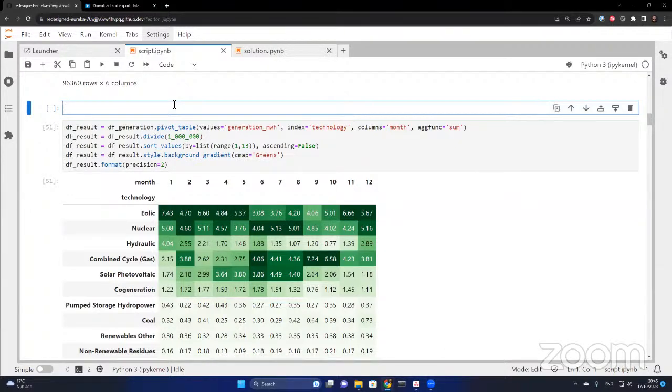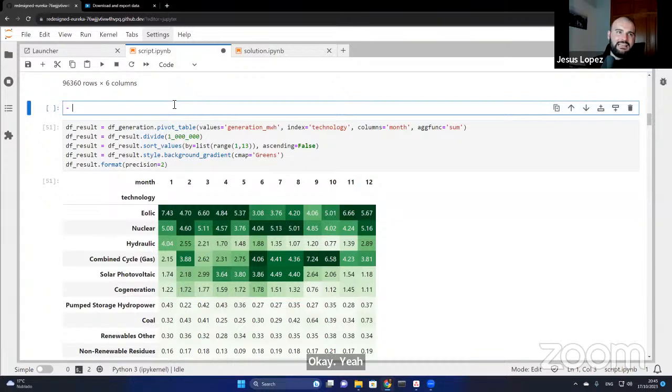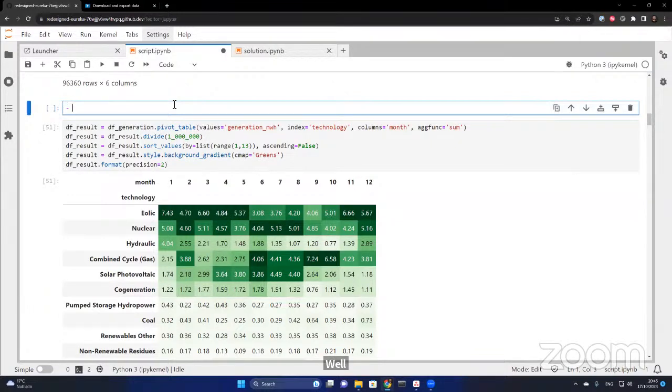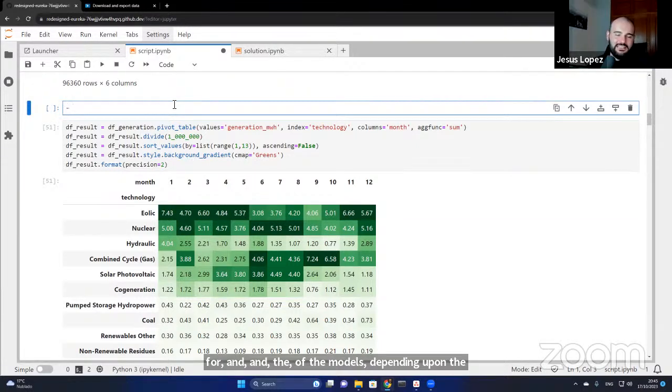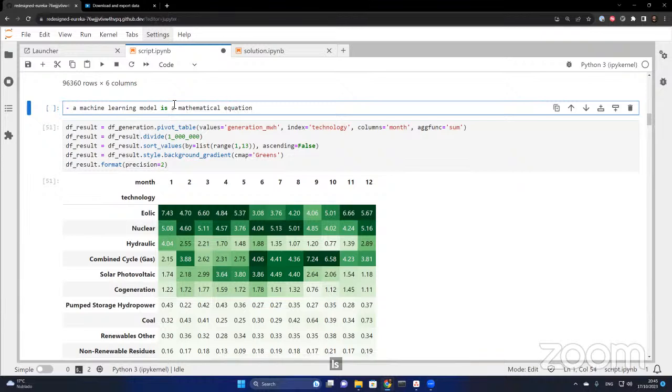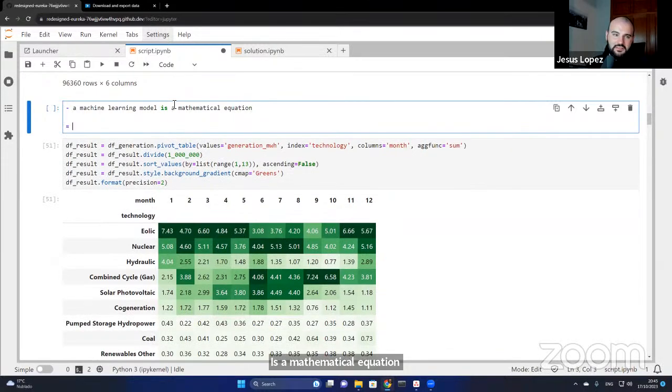First analysis and then creation of the models depending upon the hyperparameters. At the end of the day, a machine learning model is a mathematical equation. Since this is the first workshop, I want to make it a bit simpler and say that at the beginning,